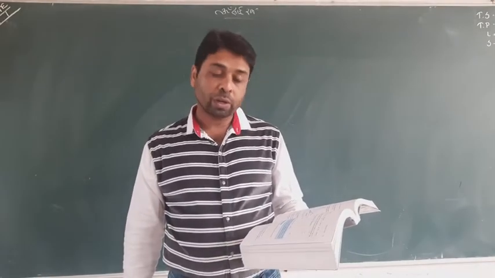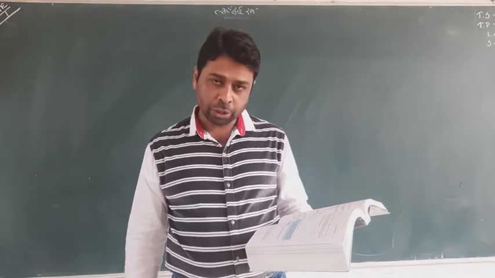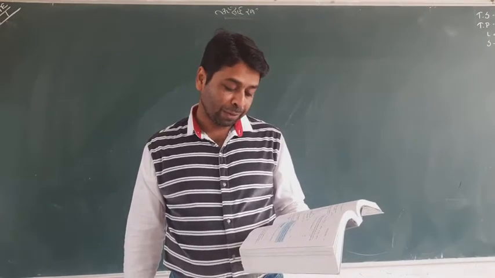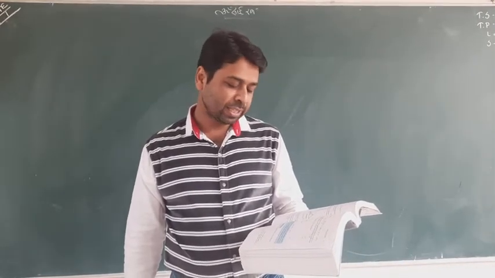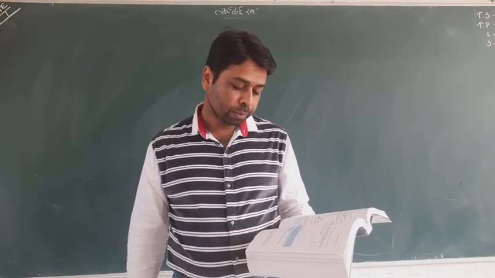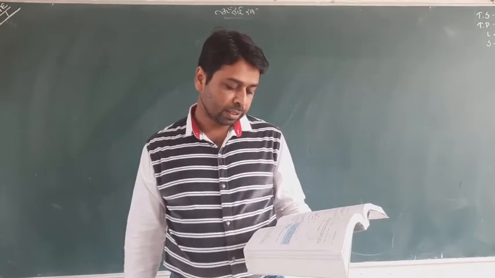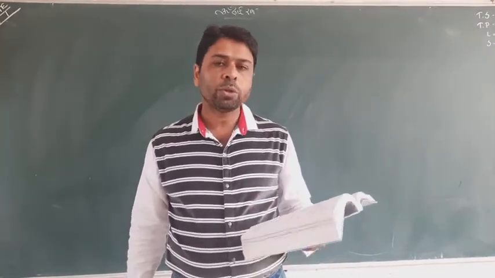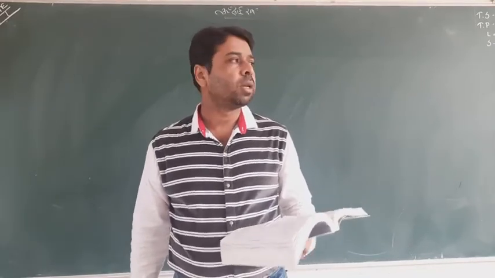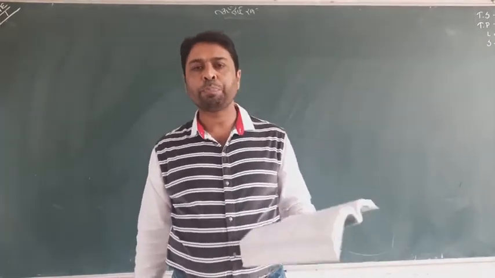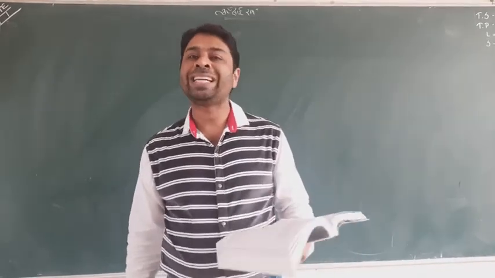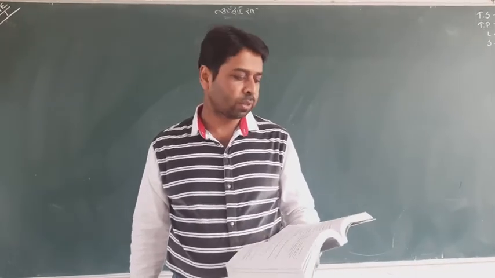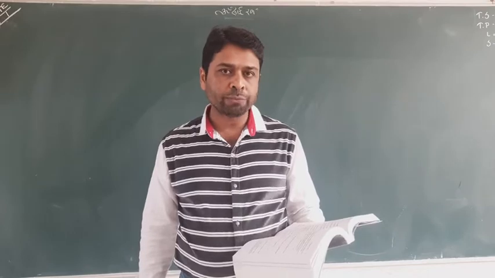Question number 2 follows 1-point form. Question number 3, 1-point form. Question 4, yesterday I taught you. Question number 5, slope intercept form on x-axis. 6th, slope intercept form on the y-axis. 7, 2-point form. 8th question, normal form. These are the initial 8 questions, each based on a particular form of a line. Only identify which proper form of a line you have to use here, use it and get your answer. Question number 9 onward, we can start.